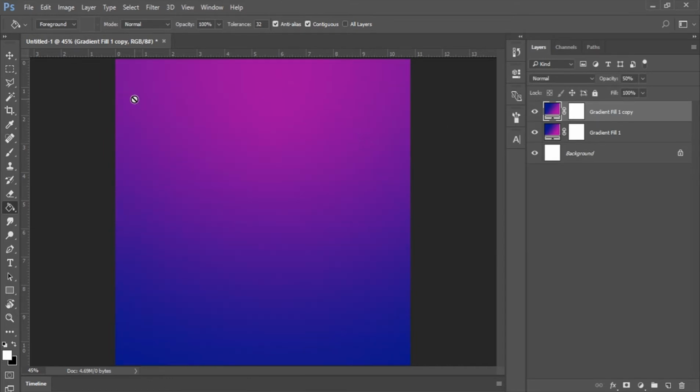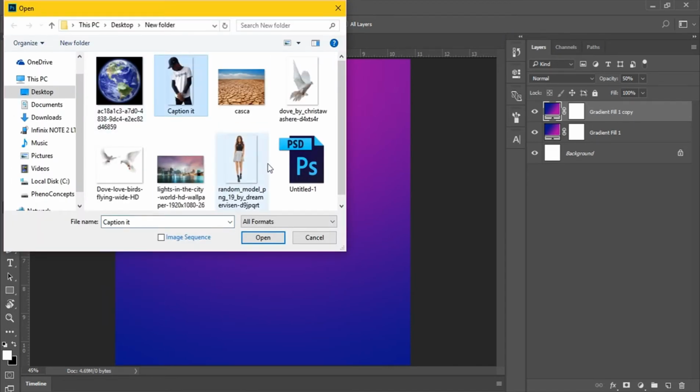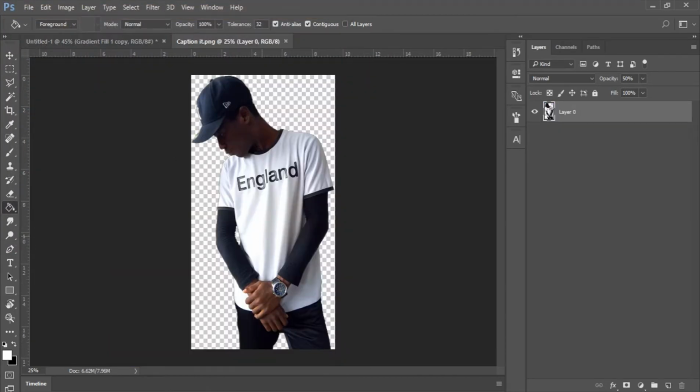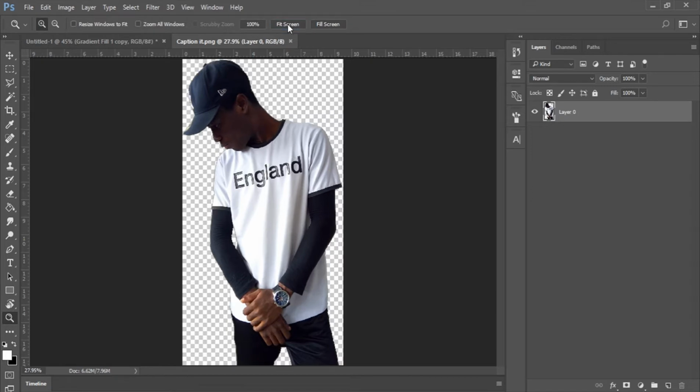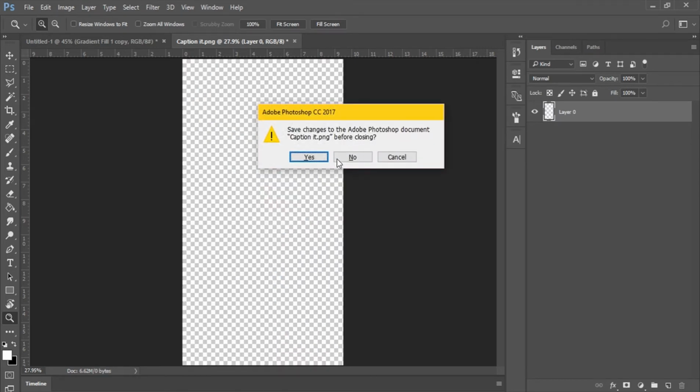Okay, now let's import our image. So file, open. This is the image I'm going to be using. If you want to learn more about how to crop images, you can learn more by clicking on the screen right now, and I'll also leave a link in the description below so you could follow along. Okay, so as always, holding down Ctrl, you press A, you press X to cut out, you press W to close this